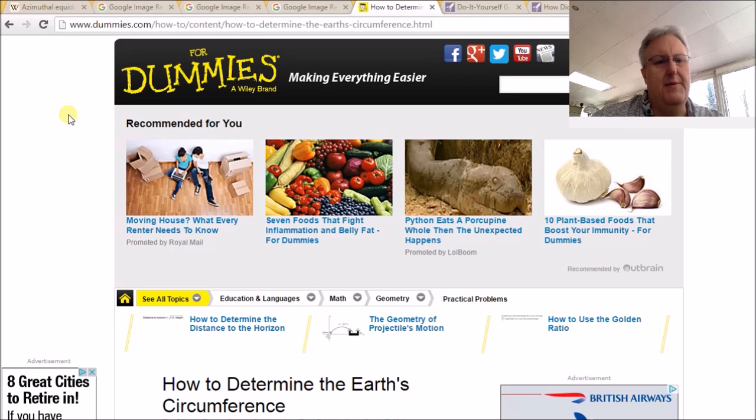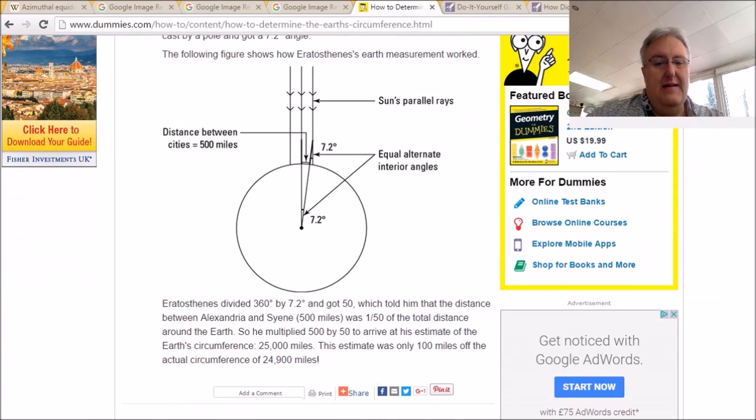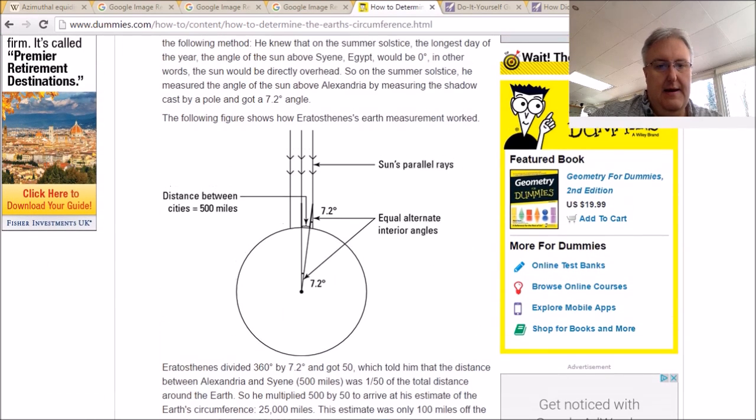So here is a site I found. You can just type it in. I typed in, how do we calculate the circumference of the Earth? Click on any link. They basically all say more or less the same thing, okay? They rely on ancient Greek philosophy, and it talks about this ancient Greek guy. That's his name. I've just highlighted there. Don't know how to pronounce it. But nonetheless,